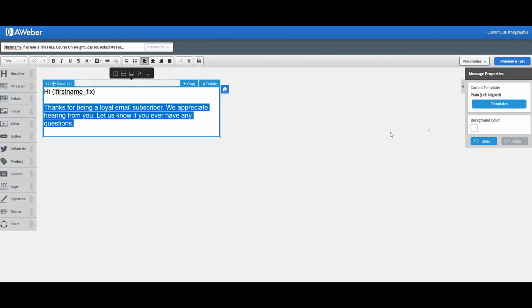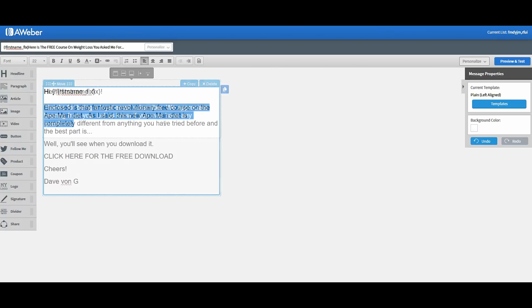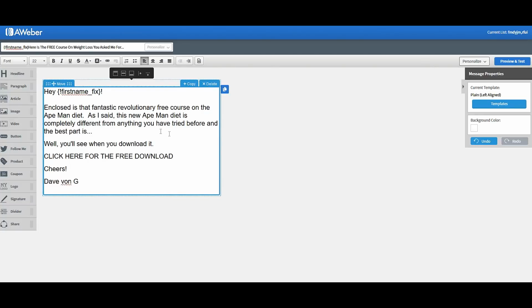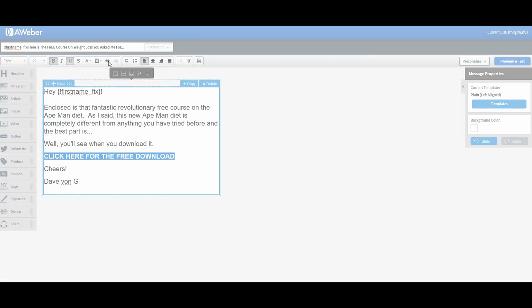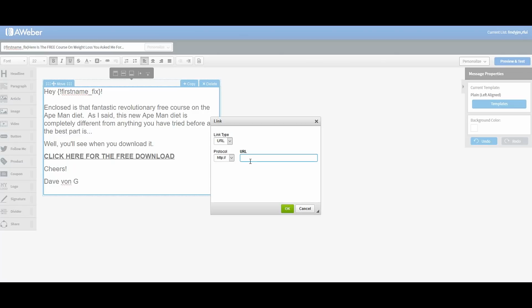Let's go on to the body of this, and I'll show you how I would deliver a lead magnet. Okay, now I just whipped this up really quick just to give you an idea of how to format this. I've highlighted this, and now what I'm going to do is bold it, and I will underline it, and there's the underline right there. Next, you will come here, highlight it, and click on, well, let me click on this, and you will add